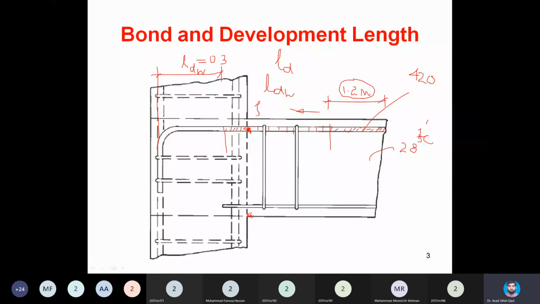What I am expecting, excessive yield and tension control under enforced failure, I can achieve by providing a hook on one side and going straight on the other side. So this is the application of the hook bar